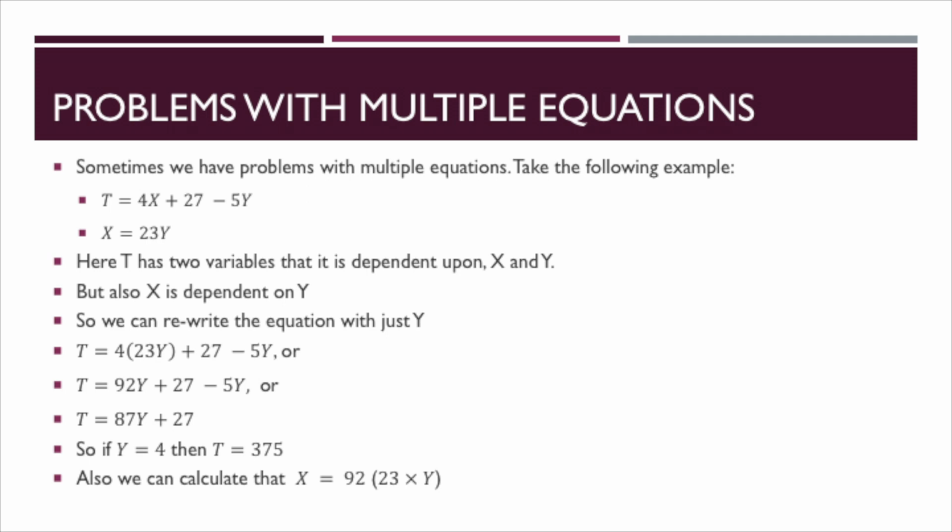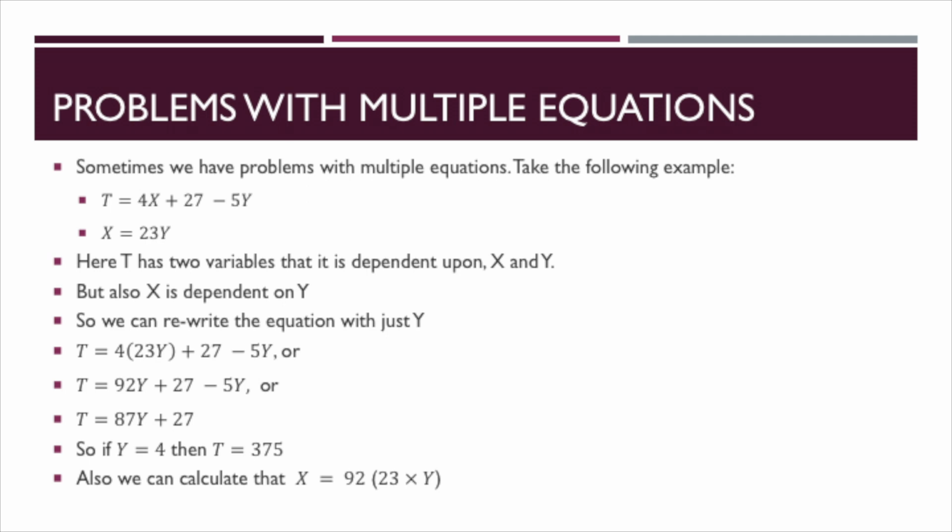Sometimes we'll have problems with multiple equations. Take the following example. T equals 4x plus 27 minus 5y, and then x equals 23y. Here, t has two variables that it's dependent upon, both x and y. But also, we know that x is dependent upon y, and so we can rewrite the equation with just y. So we can say t equals 4 times 23y, because of the substitution, plus 27 minus